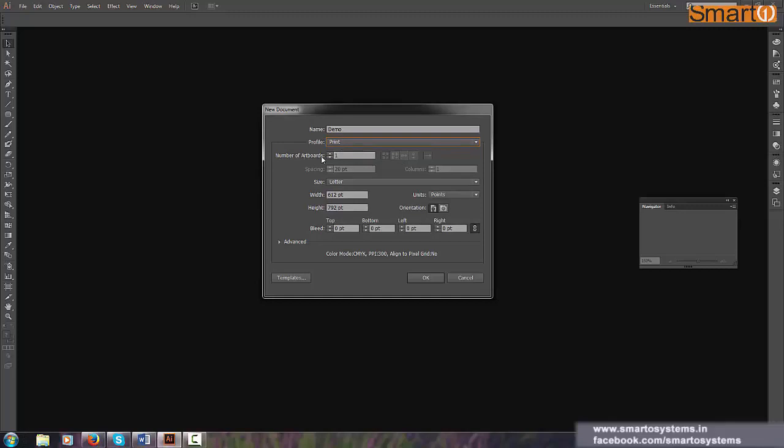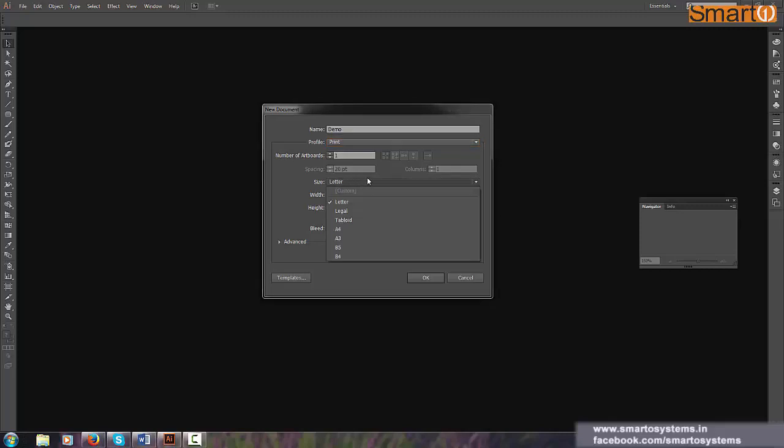Now it says Number of Artboards. Now what is this artboard? Actually, when we created a file, there was a white rectangle, and then there was a black border around it. What is this artboard? I will tell you when we create a file. So for now, let's just keep it one. Then these things are disabled. Why these are disabled and how it works, we'll come to when we talk about artboards.